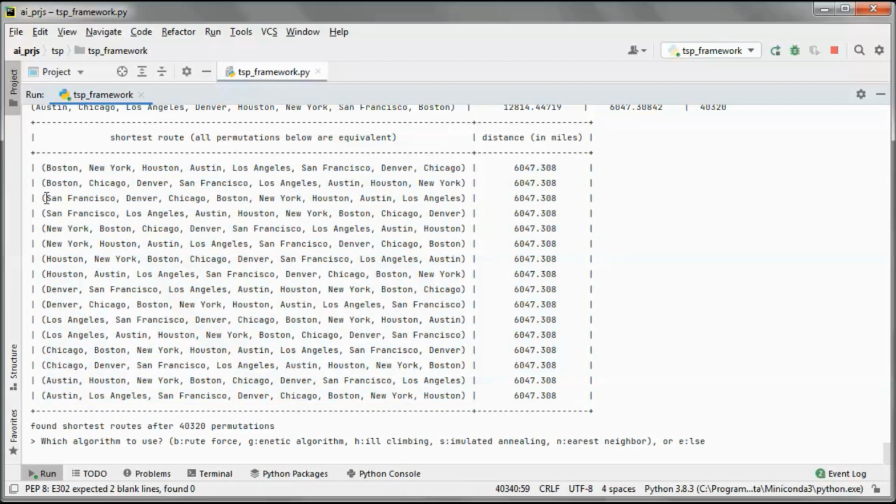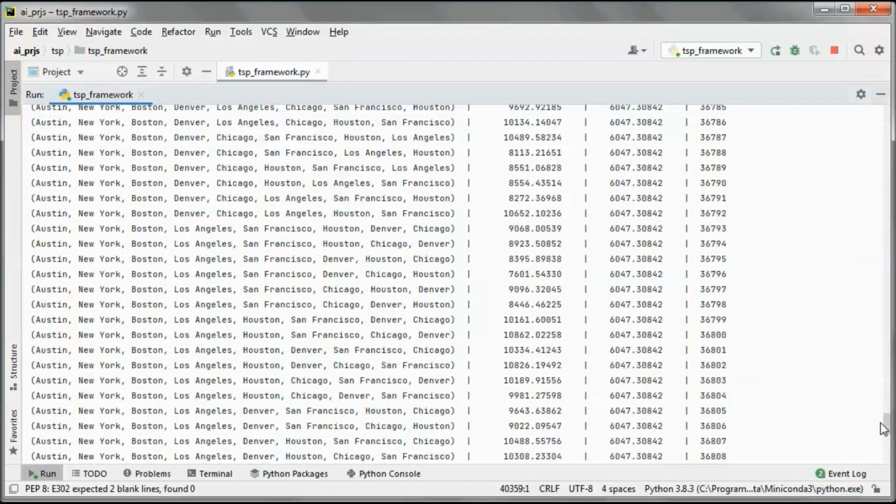So if we start here from San Francisco, Denver, Chicago, it's the same as starting here from San Francisco, Denver, Chicago, and then going back to Boston, New York, Houston, etc. Or we could have gone this way, San Francisco, LA, Austin, Houston, New York, and Boston, etc. So they're all equivalent, and so this is the shortest route that we found with this distance in miles.